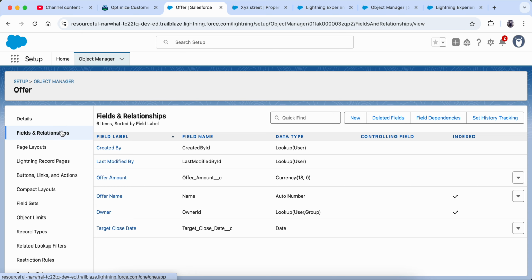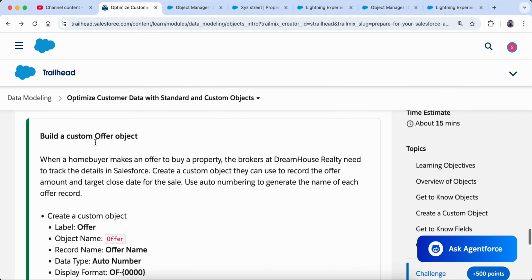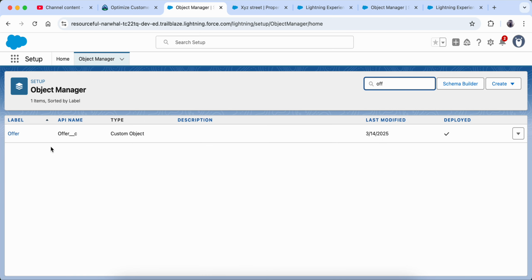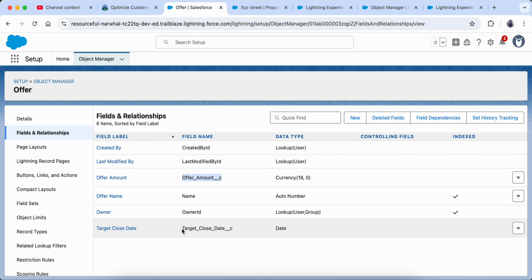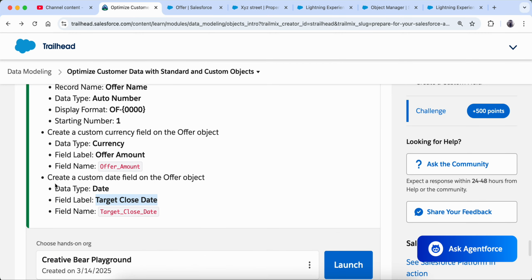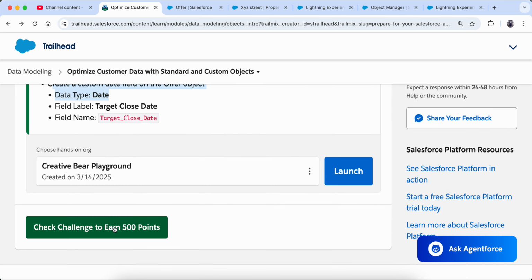Okay, so what we just did is we created one more custom object. Okay, and then we created two fields to that custom object. What is the name of the custom object we just created? It is offer. So let's go to offer. And then the fields we created in offer are offer amount and target close date. Both are coming with this underscore underscore c. Okay, now what they're saying is create a custom. Oh, okay, this is done, right? This we already did. So this is only the hands-on they were asking to do. So let me check this challenge here, and then we will move to our new unit